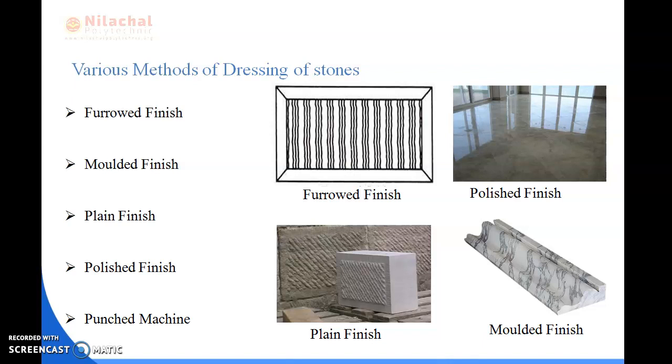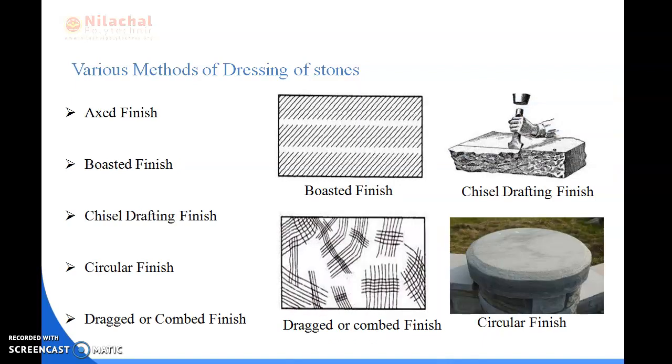As I have told you, dressing of the stones means that the stones are obtained from the natural bed of the rock. After the stones have been obtained, they are cut in suitable size and suitable shape. That process is known as dressing of the stones, and it is used for constructional purposes, to give a good appearance, to make the horizontal and vertical joints in our masonry, or to fit them in our construction. These are the various methods of dressing of the stone I taught you in the previous slide.